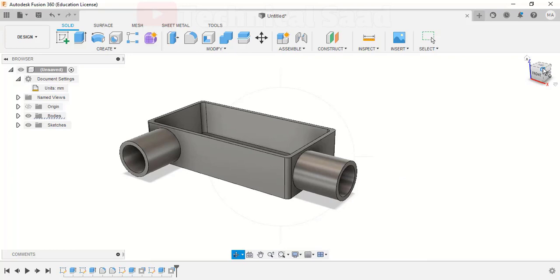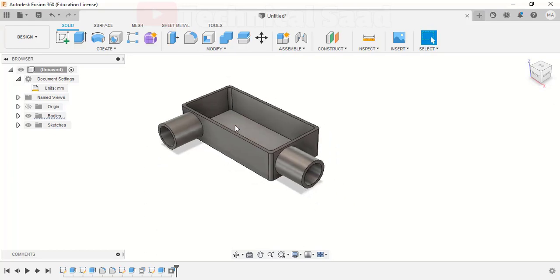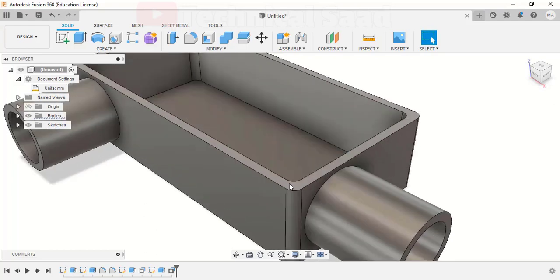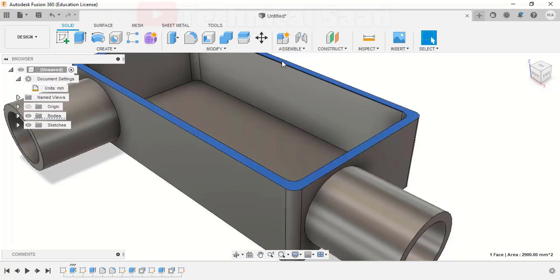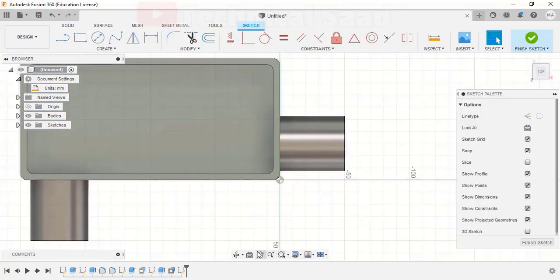So now we will create the small spaces for the screws to hold the lid on the top. To do this, select the upper surface of the walls, right click on it and select Create Sketch.